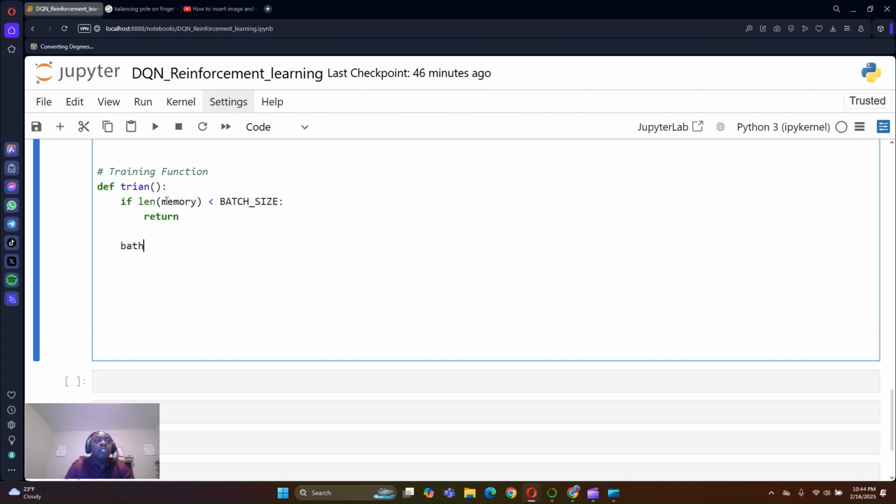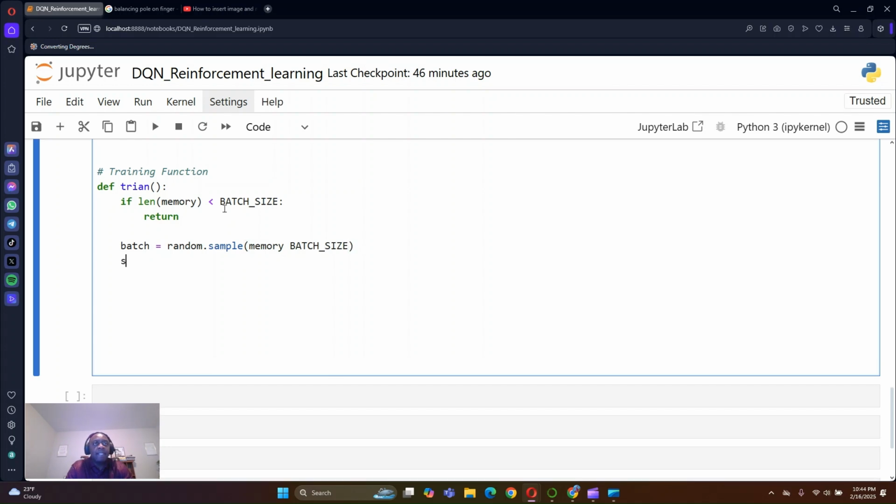Let's do batch equals random dot sample, batch size. Then states. I want to zip and